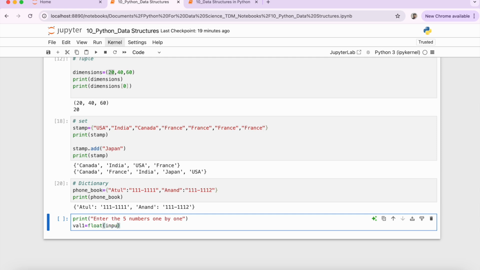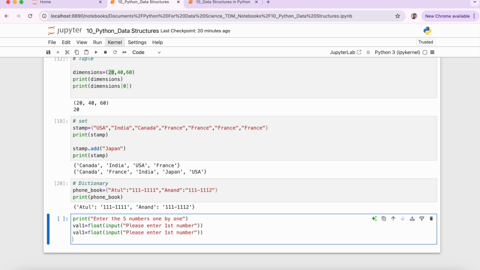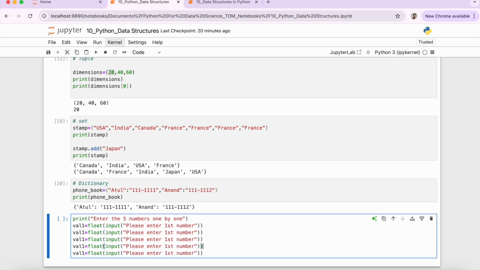Within this float function I'm going to use the input function saying that please enter first number. Let me copy this and put it 4 times over here. Okay, the next statement that I'm going to do is value 2, value 3, value 4 and value 5. For each of these statements I'm just going to change this saying that please enter the second number, third number, fourth